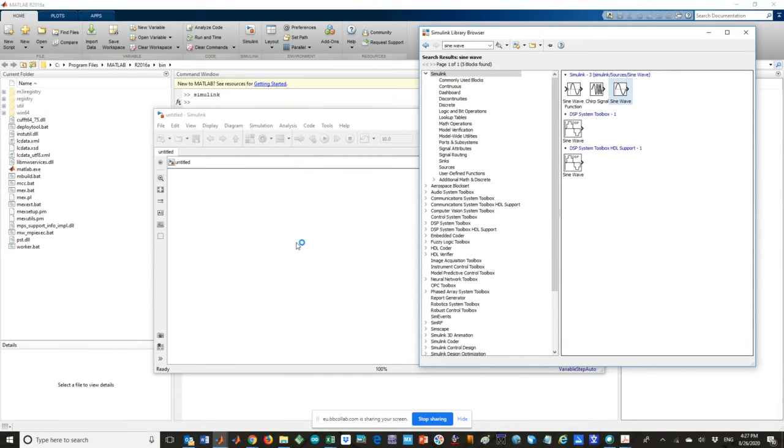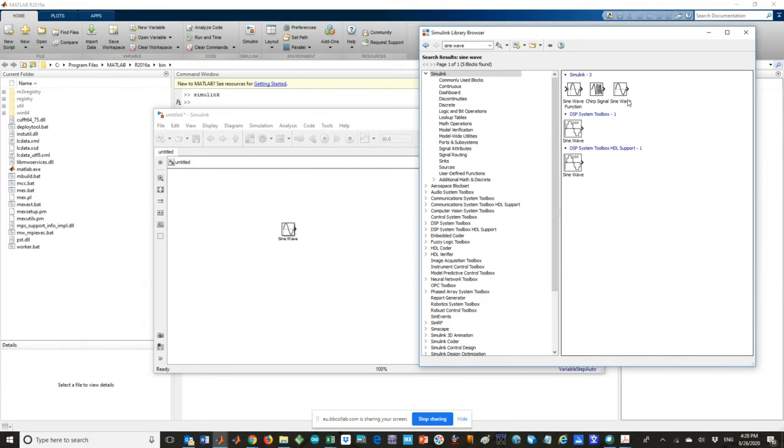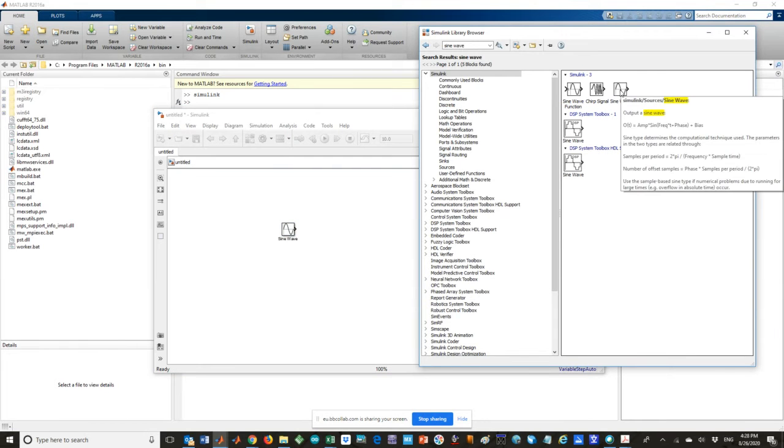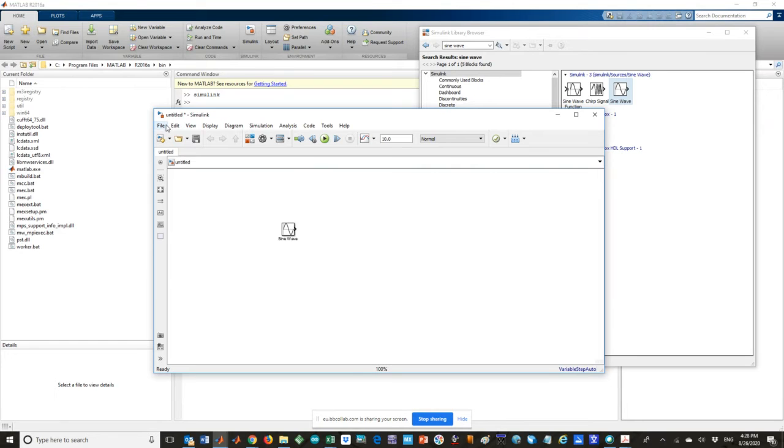Or what you can do, you can right click on the block you need to add to your window, and there, look, add the block to model untitled. You see, untitled means this one. So now if you go back here and save,